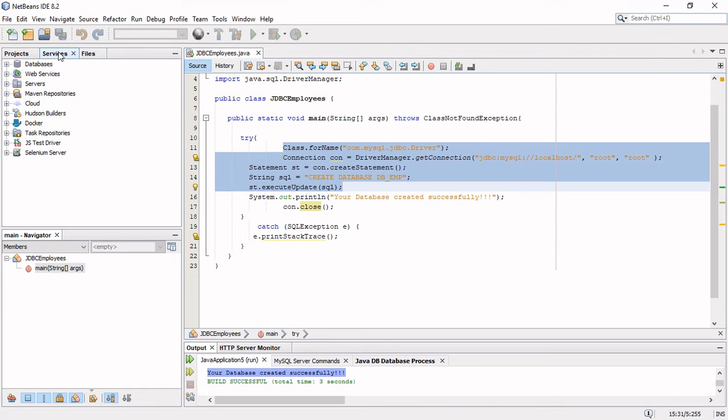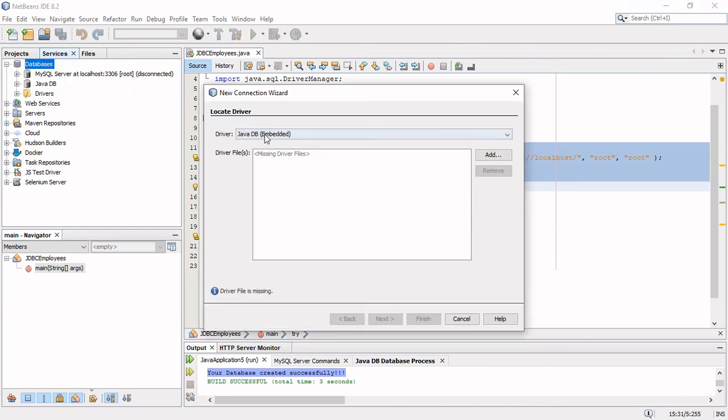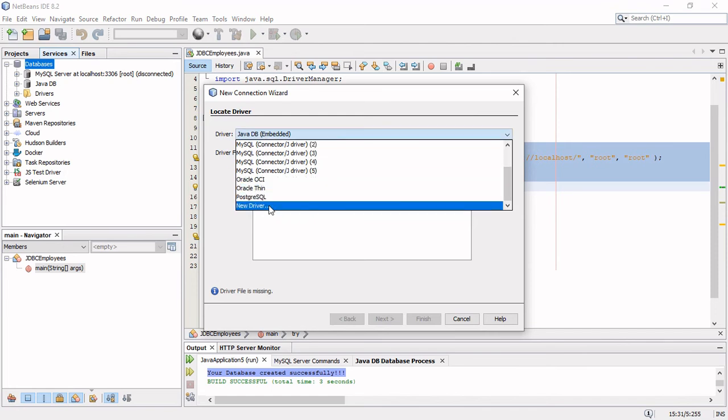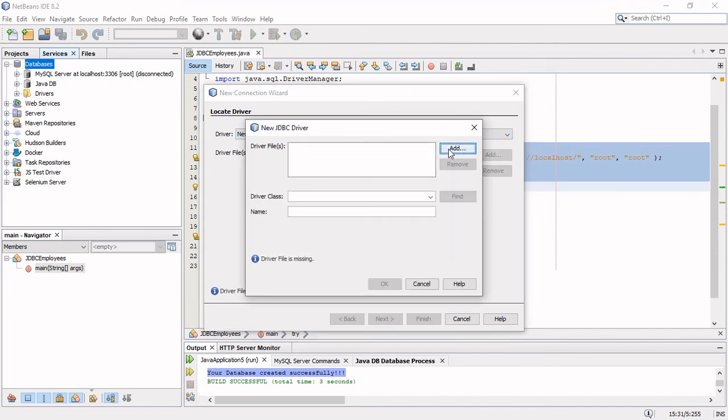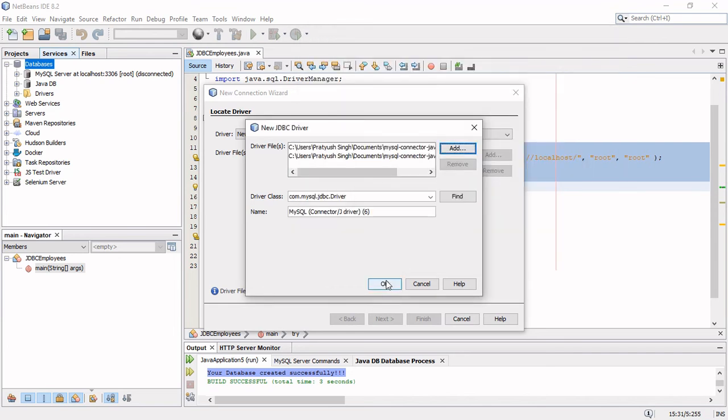Click on the Services tab and then expand Databases and right-click on it, and you will get an option like New Connection. You have to click on it, click on Driver and then click on New Driver. And now we have to add the drivers, the same ones that we have added in the code, and click on Open and click on OK.